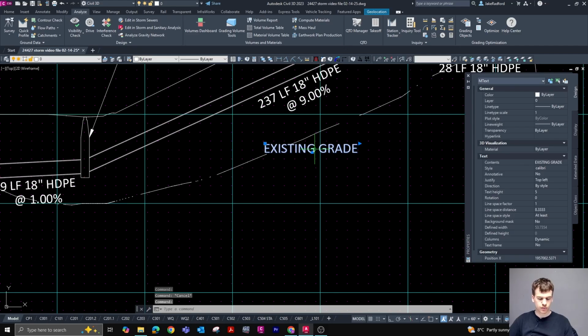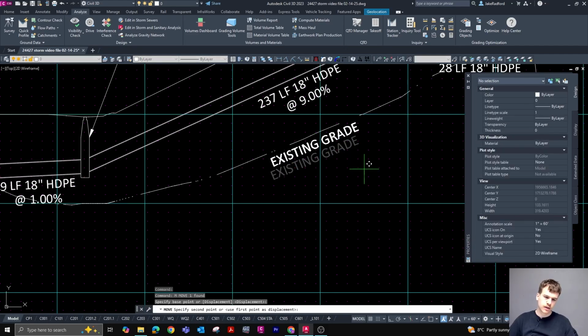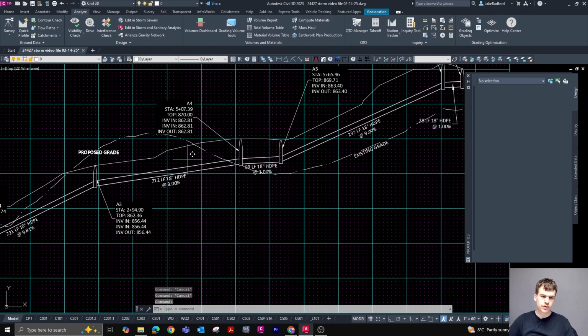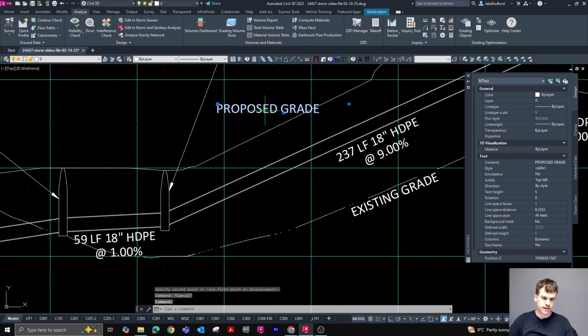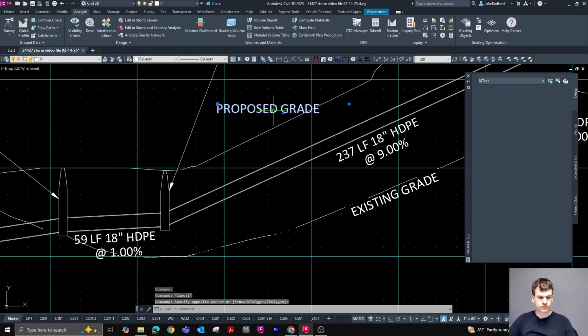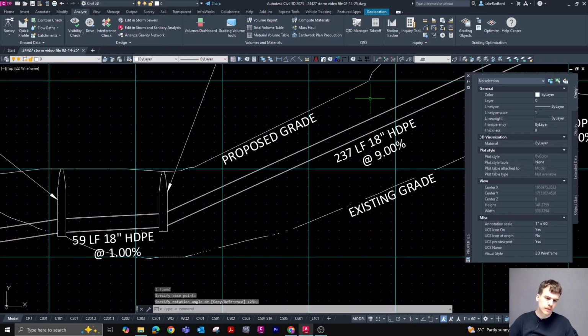So we're just going to rotate this to be roughly the same angle as that existing grade, so it sits on it nicely. Then the proposed grade, we can just drag and drop, do the exact same thing on the proposed grade profile. Like this,